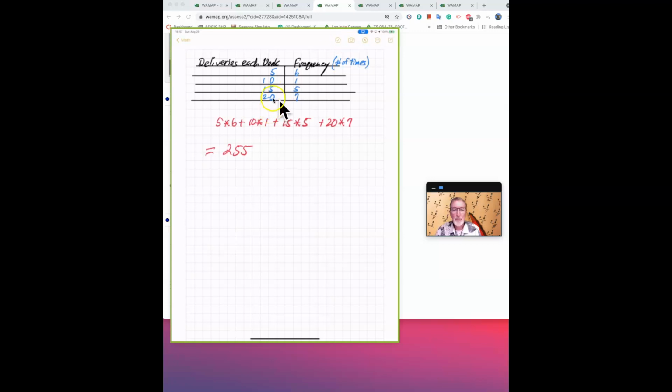All right, so when we multiplied 5 by 6, it was like we had 6 entries of the number 5. And that's the weighting. When we had 10, there was only 1 10. So we're going to add up these numbers, 6 plus 1 plus 5 plus 7, and that's what we're going to divide 255 by. If you wanted to write this another way, you could have said 5, oops,